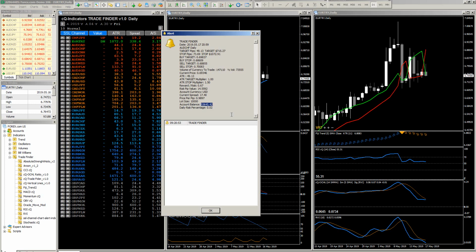It says I have that much money in there. Daily risk percentage, and it'll calculate all this stuff. Tells you how many pips the target's away, the stop, how much that is in dollar amount, and then it gives you the buy target and buy stop if you're going to buy there, and the sell target and the sell stop if you're going to sell at that price. Then it gives you the volume,